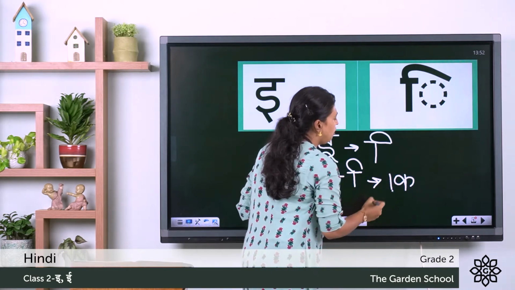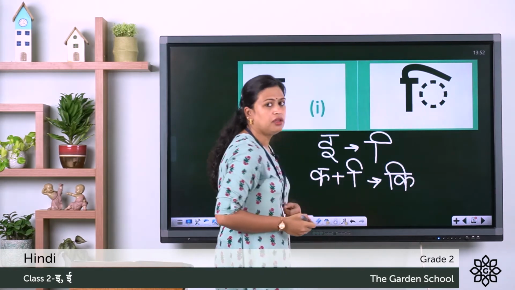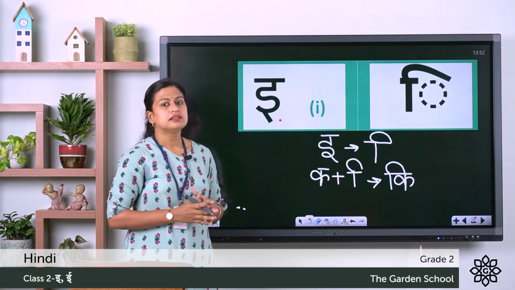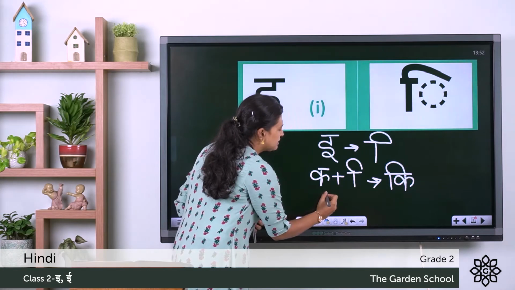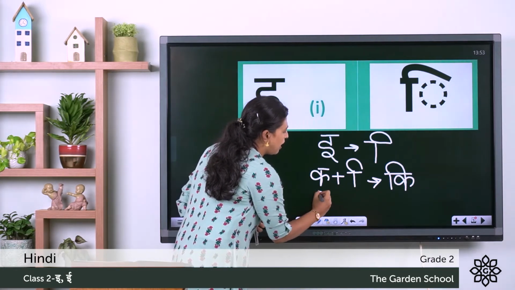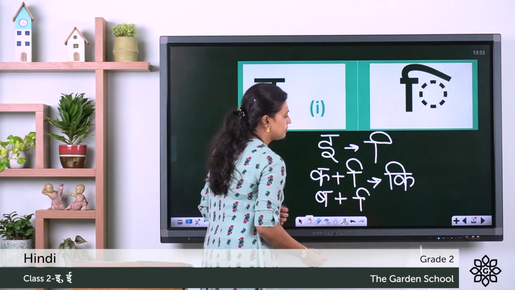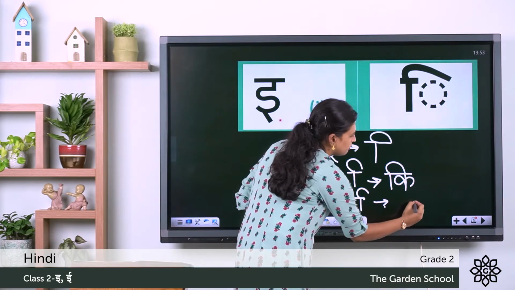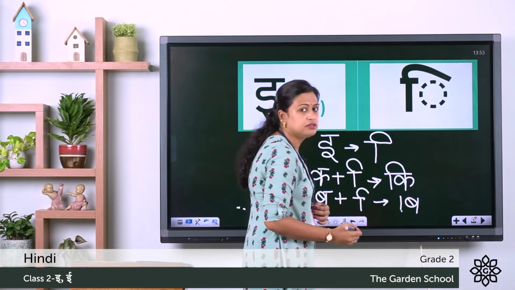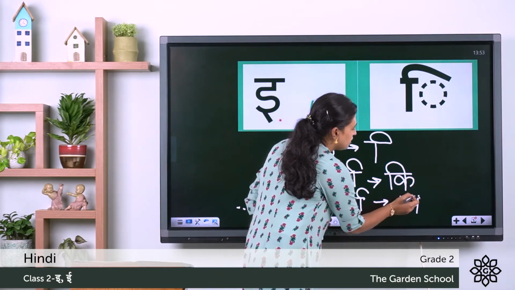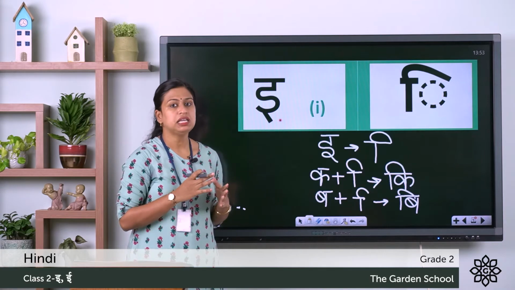Then, before this letter, we need to write this symbol I. For this, we need to draw a standing line, sleeping line and then a roof on the top. So, this is the symbol for I. Another example I will show you. For example, Vyanjanakshar Ba. So, Ba plus I ki matra and we get, first you need to write Ba, then the I symbol. For this, we need to write a standing line, sleeping line and on the top a roof. This is the way to write symbol I.